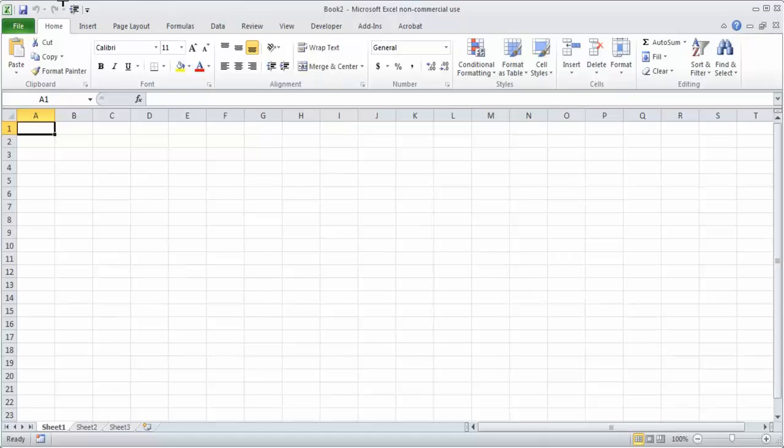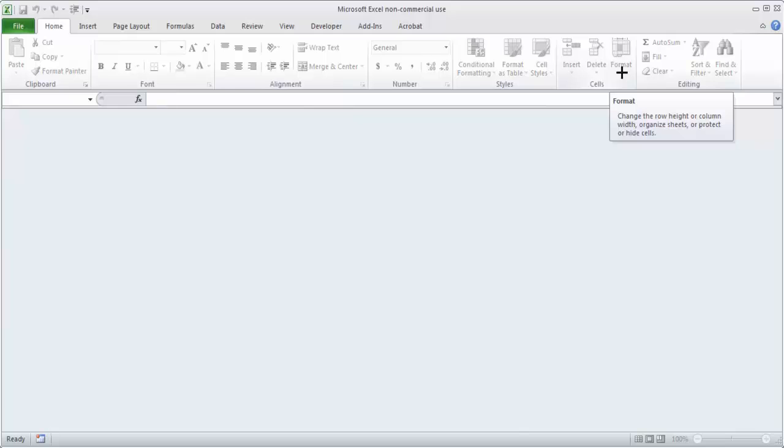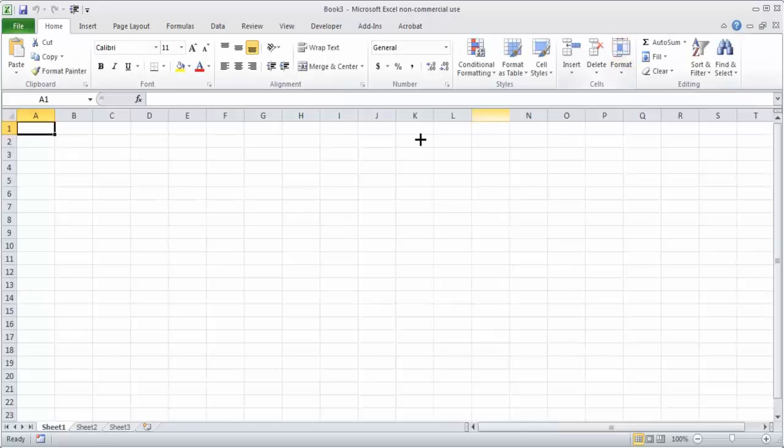Instead of going through this long process, we could have created it by pressing Ctrl N. If I press Ctrl N, it will create a book, and you will find that it is Book 3. The files that are created are workbooks, and inside each workbook you find that there are sheets. You have Sheet 1, Sheet 2, Sheet 3. By default, it creates 3 sheets.